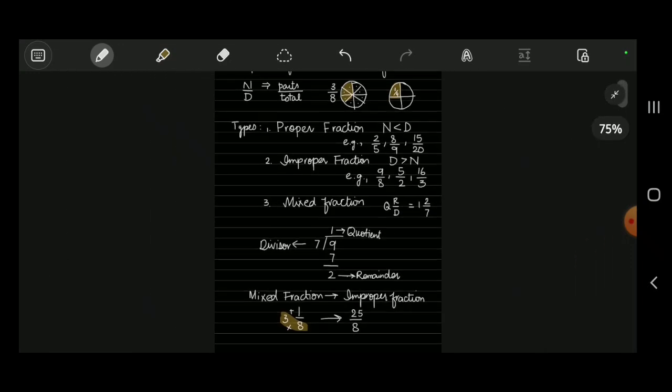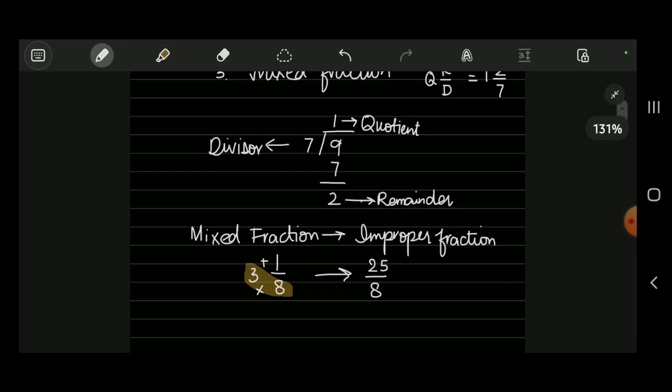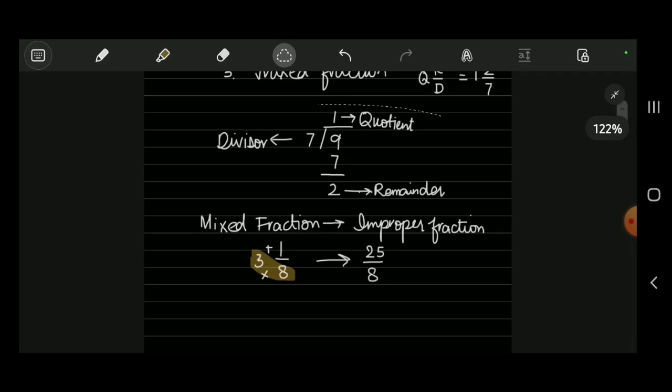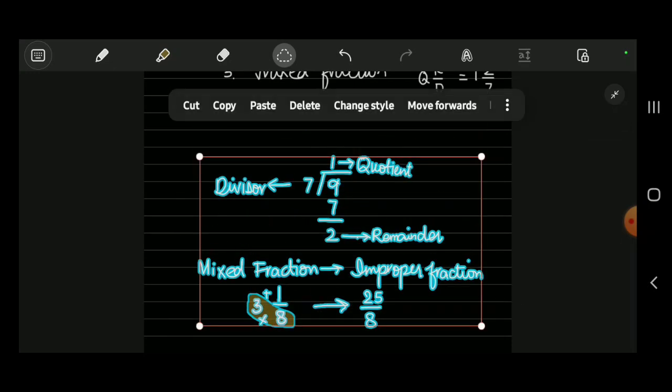Okay, we have discussed the types and how to change an improper fraction to a mixed fraction. We are going to divide it, and if you want to change a mixed fraction to an improper fraction, then you just multiply the quotient and divisor and then add the remainder to it. To make it a little convenient, also do write